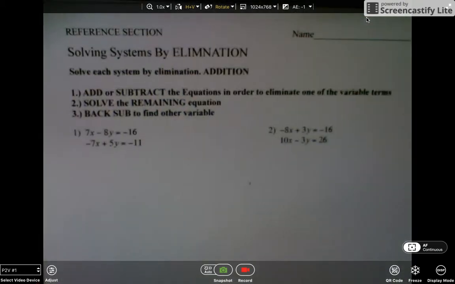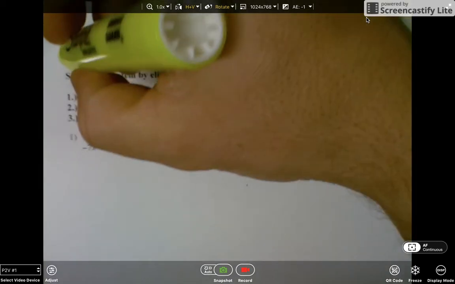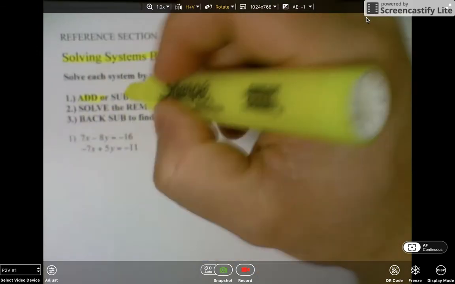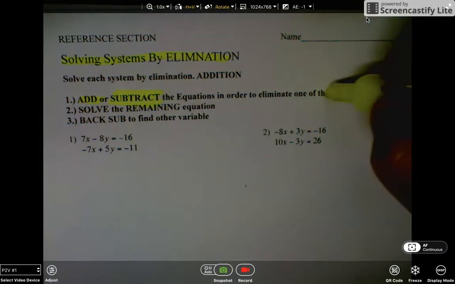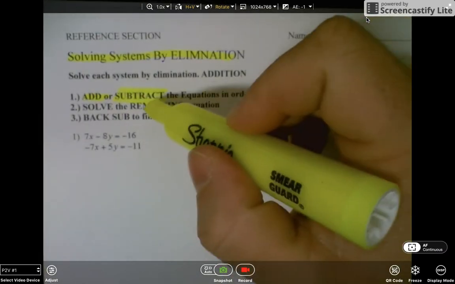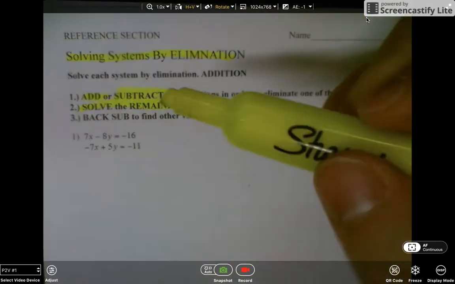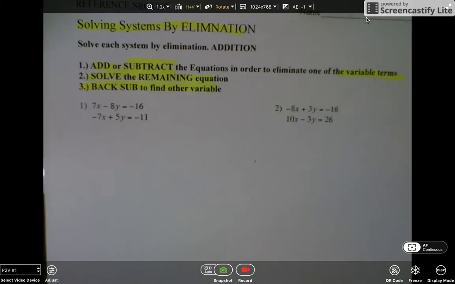In today's notes, in our reference section, I'm going to teach you how to solve systems of equations by elimination. With these steps, it's quite simple, especially these because they're set up perfectly for you to either add or subtract the equations in order to eliminate one of the variable terms. Once you've done that, you can solve what's remaining of the equation. And then from there, just like we've always done for the last step, is to back sub to find the other variable. So if you look at this first example,